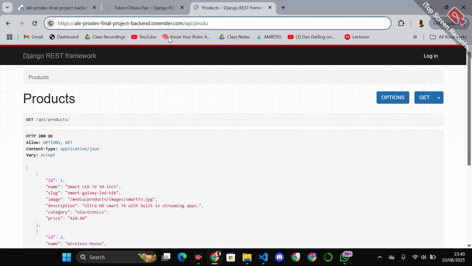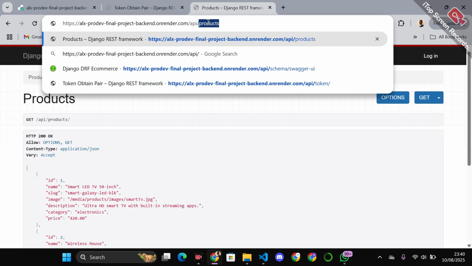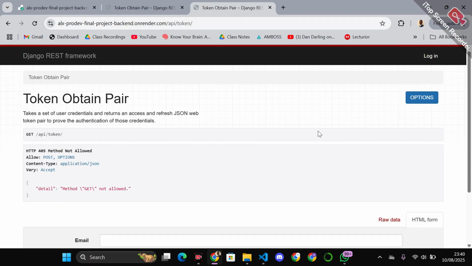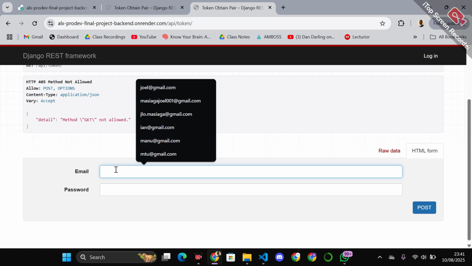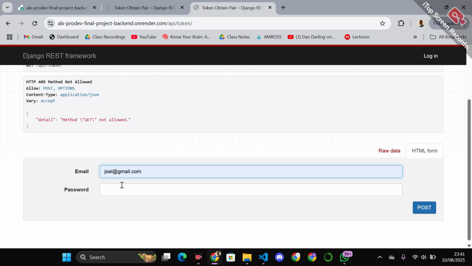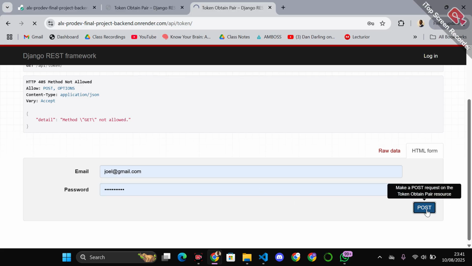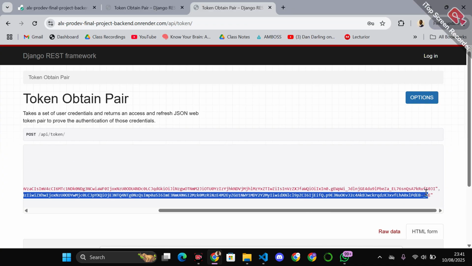So we can start by getting user tokens for our session. So token. You'll be able to obtain the token so the user can enter in. I'd use one of the users that I've been using during testing. So there you go. You can see it gives you the refresh token and the access token. So we can copy this access token. We'll be using it. So once we have the access token,